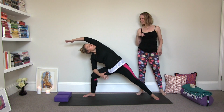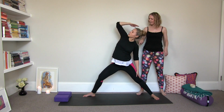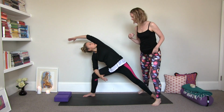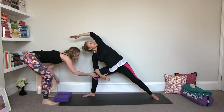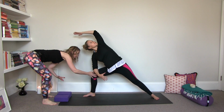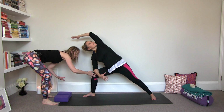Good. One more time. Inhale, reverse warrior two. And exhale, extended side angle. Beautiful. Hold it there. Just roll the navel and the heart up towards the sky. Keep the knee lined over the ankle and the second toe. Draw in through your belly. Feel that hugging feeling. Huggy feeling. I don't know if that's good English, but